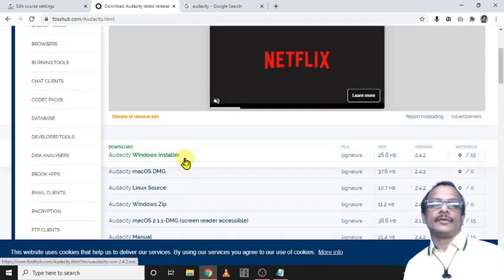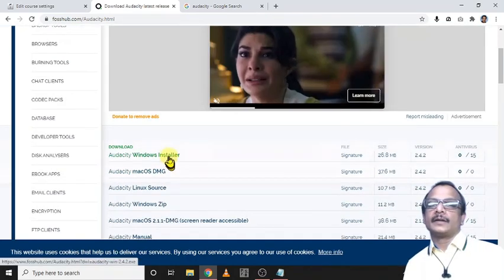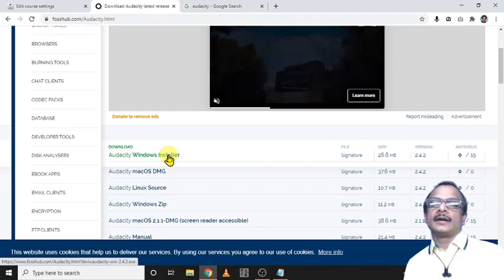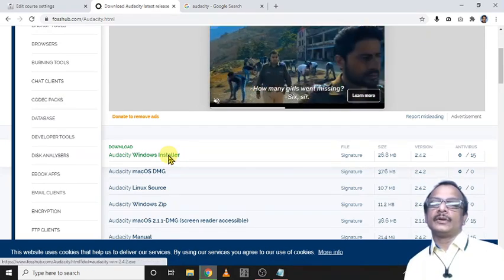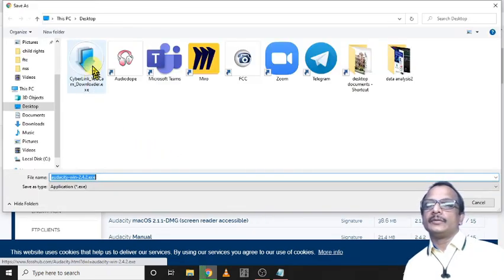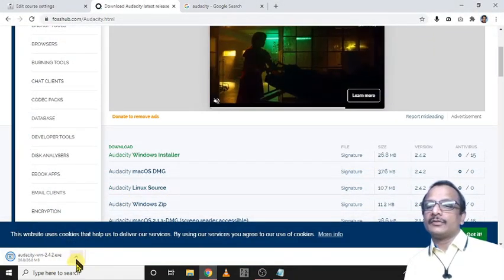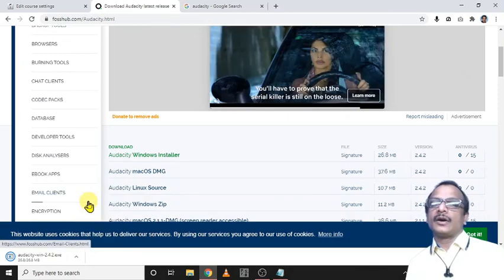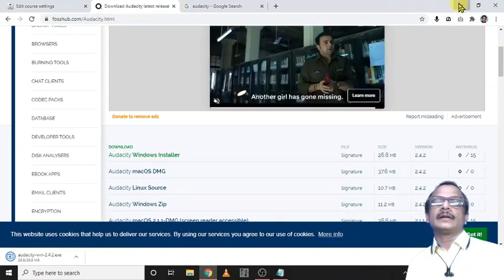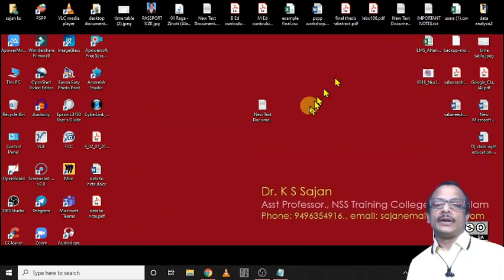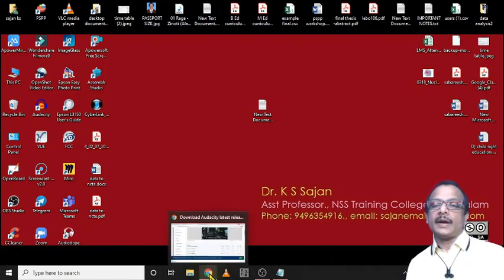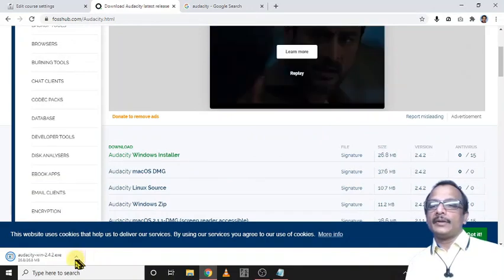Here Audacity Windows installer is here and click it and it will download to our computer, desktop or somewhere else. You just save it and after downloading it, just click and open and click run button. While running, I already clicked to run the application. Then what will happen is that it will open and